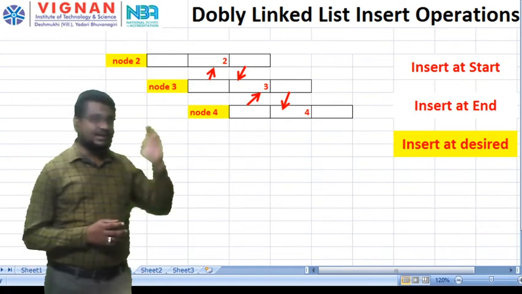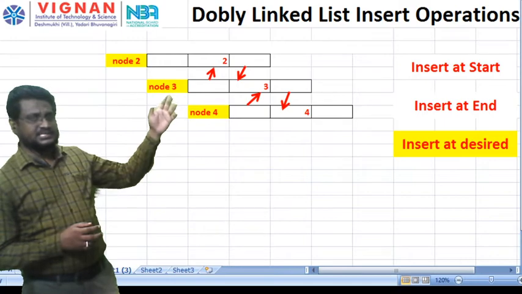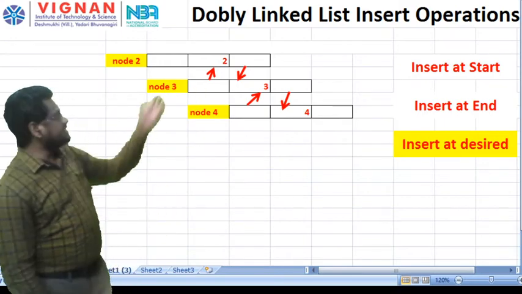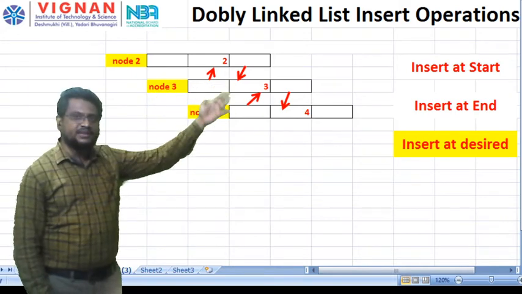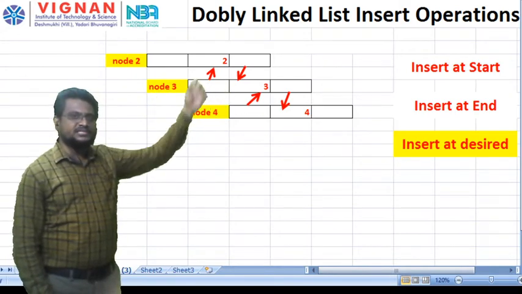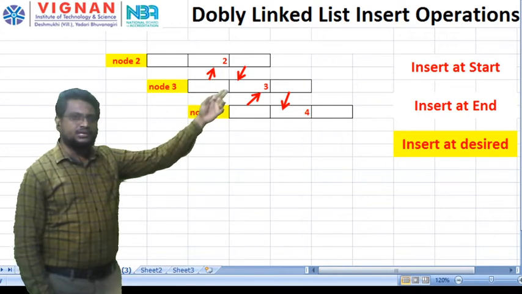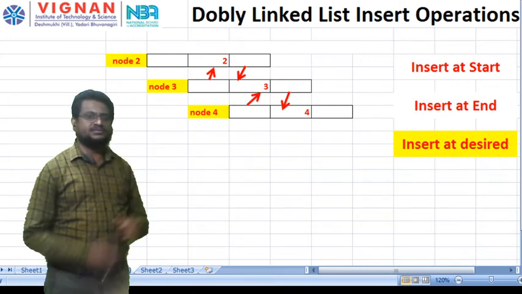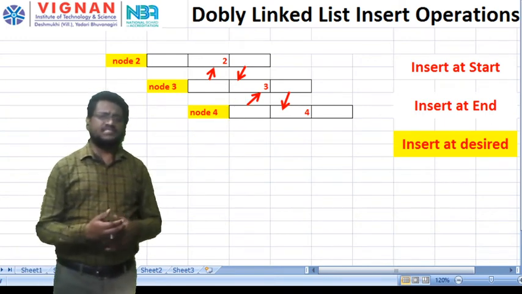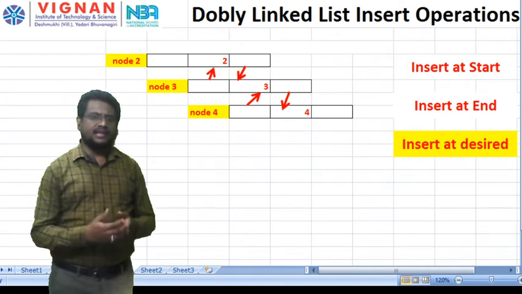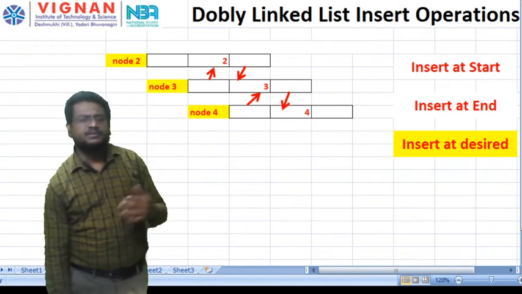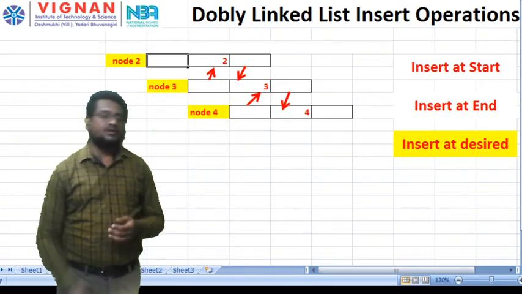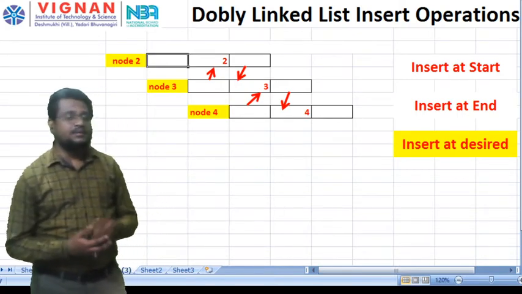And if you observe the arrow marks, these represent the next and previous elements of the linked list. So node 2's next element refers to node 3, node 3's previous element refers to node 2, node 3's next element refers to node 4, node 4's previous element refers to node 3. So let's write these addresses once again, to learn the double linked list structure and operations without memorizing. Now I am considering node 2 as my head element.